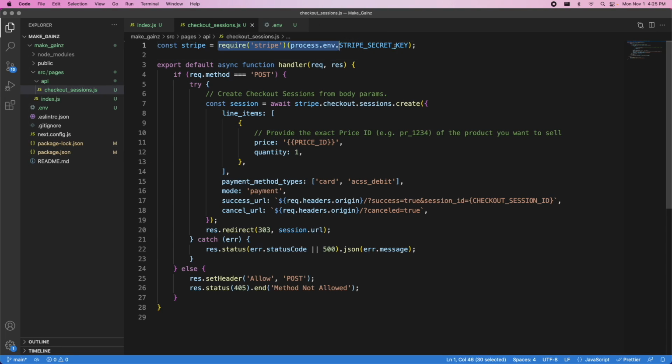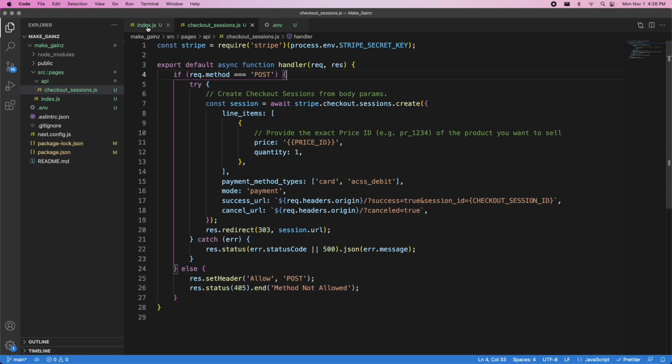So we brought in Stripe inside of here. So now with that, we can utilize the Stripe API. And in particular, we want to create a checkout session. So you do that with stripe.checkout.sessions.create. That's how you create a session. And then this right here, this is how you define an endpoint inside of Next.js. And then this right here, it has to be a post request. And then it's going to be a post request to